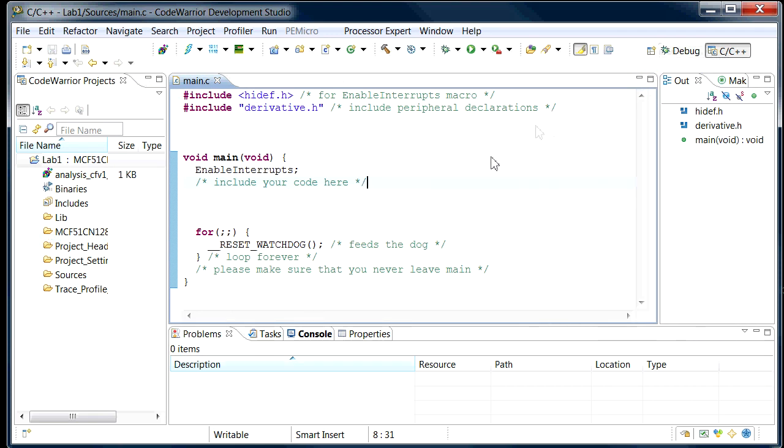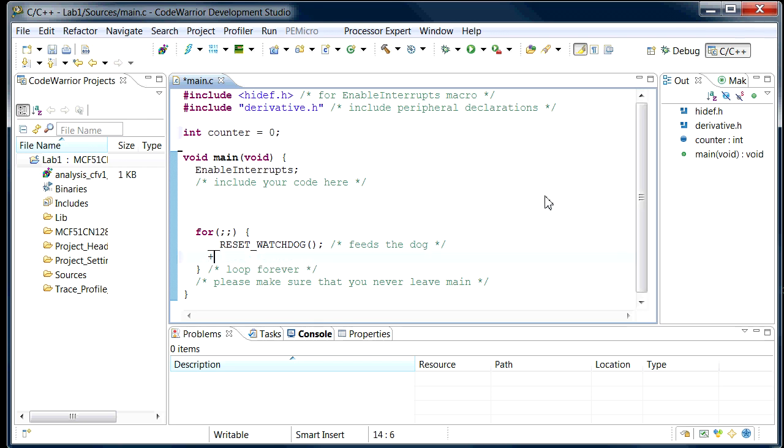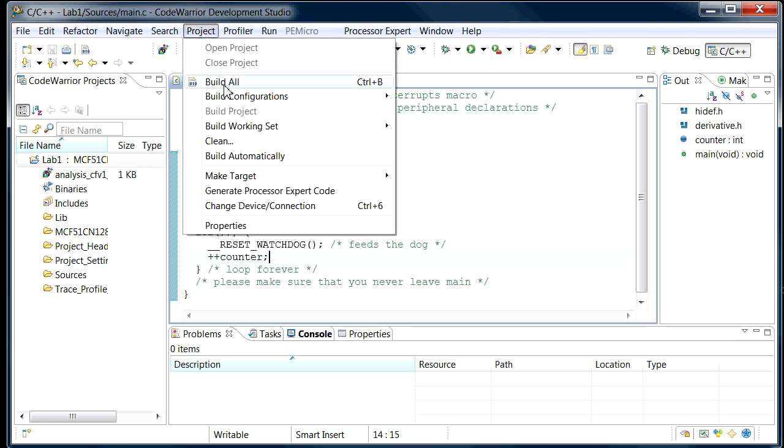Now let's go over and look at the C++ perspective. So let's just add a little code here. I'm going to add a variable called counter, and as I loop around, I'm just going to increment counter. So I'm going to press Control S to save it. I'm going to rebuild the project,